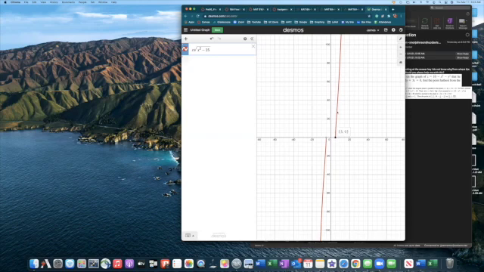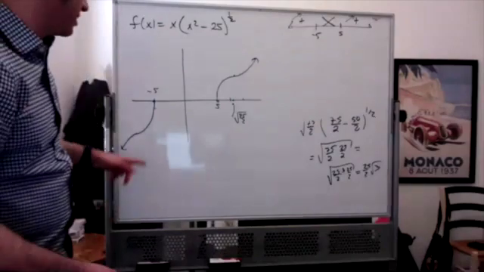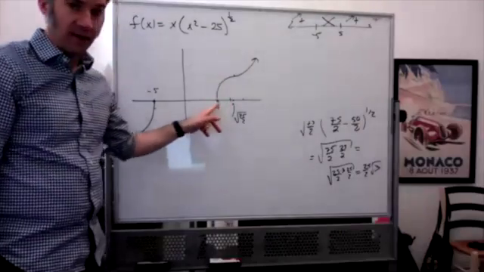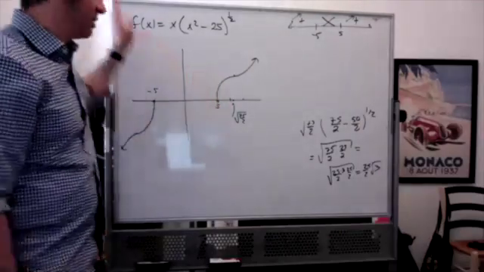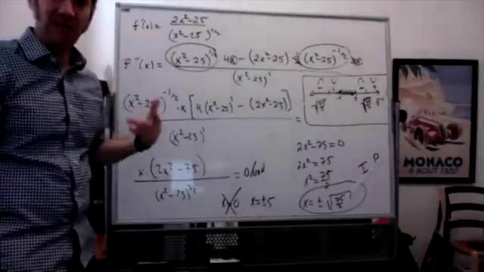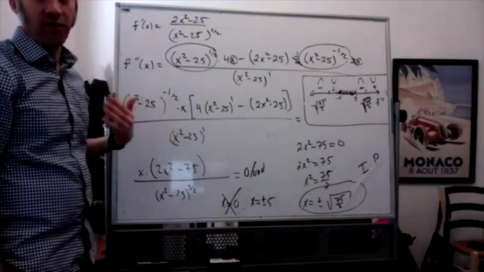If you start here and you go this way, it is concave down, and then at some point somewhere around here, the concavity changes. It's very slight though. The other thing I should point out with my graph is that I did take care to make sure that at the 5 there, the tangent line is vertical, because if you look back at the first derivative, it was undefined at 5, meaning that you're going to have a vertical tangent